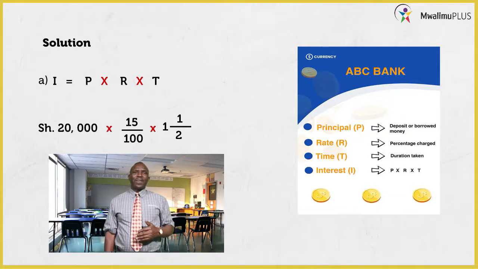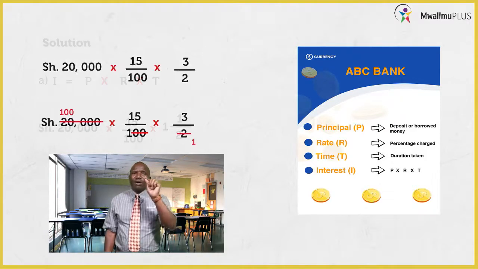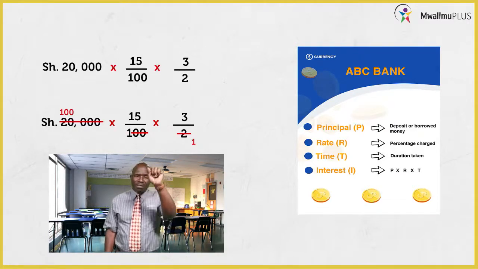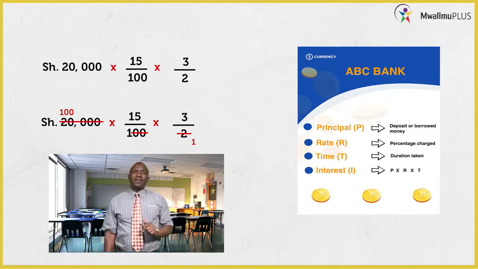So therefore, the next thing that you do, now you convert the years into an improper fraction. 1.5 years, you convert it into an improper fraction so that you have 3 over 2. Because when you say 2 times 1 plus 1, you get 3 over 2. And then from there, you start simplifying. So when you simplify,